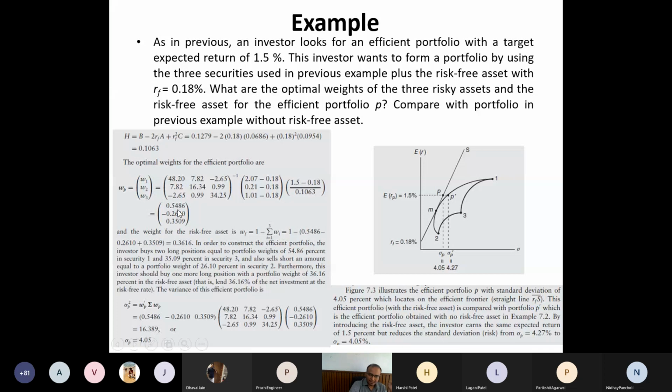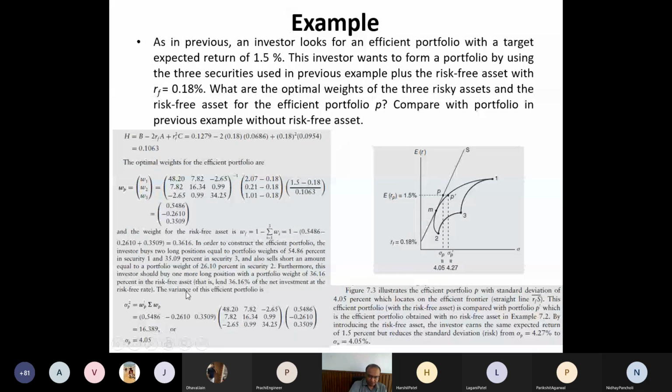Short selling means I do not have that share, I am not possessing it, but still I am selling it. That is called short selling. I hope you understand. So I should do one short selling and two long buying, if I want this expected return with the introduction of one risk-free asset in my portfolio and the three risky securities, same as the previous example.